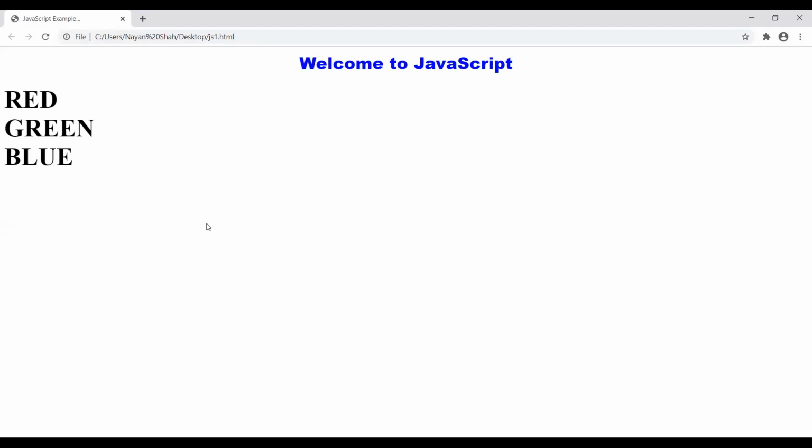Remember, any form in the world, whichever website, any form in the world is incomplete if it does not have any validation. If there is no validation, then the user can enter any value in that particular field. So every form on the internet has validation in it. So I hope you understood the introduction of JavaScript.